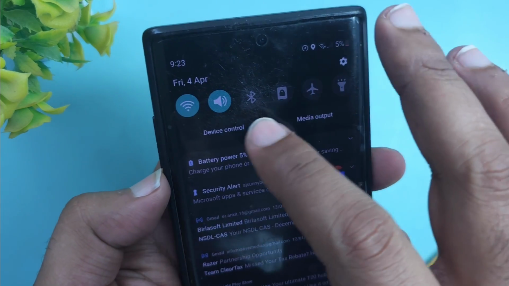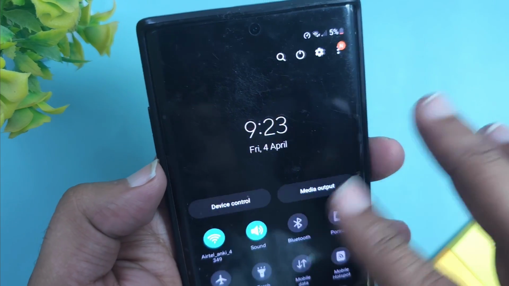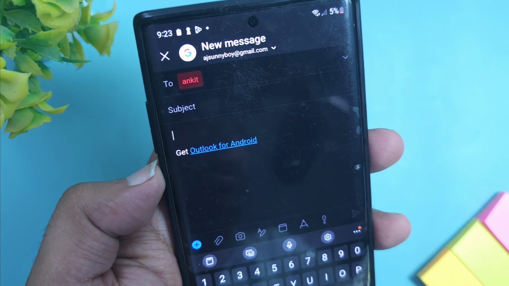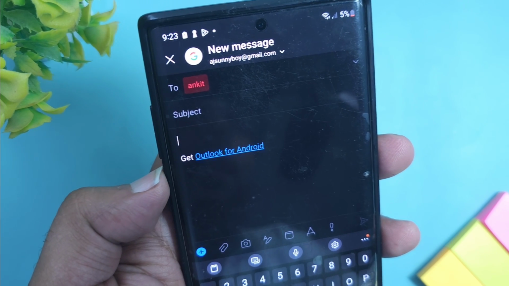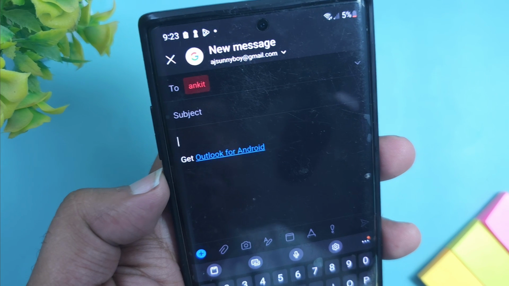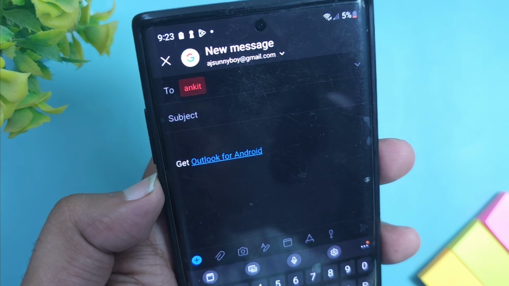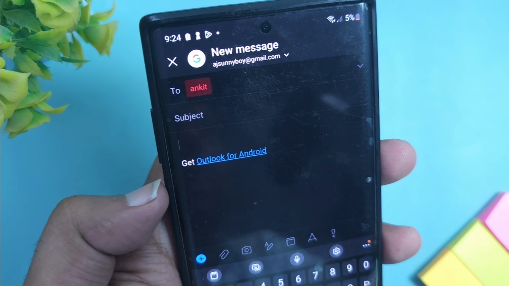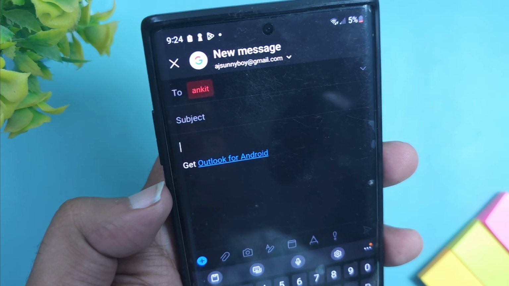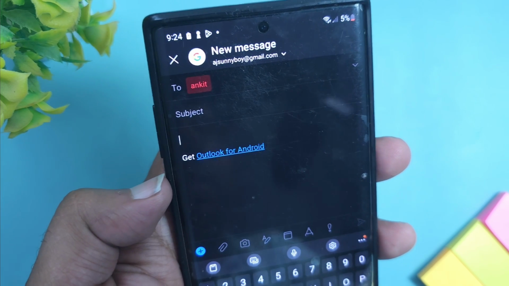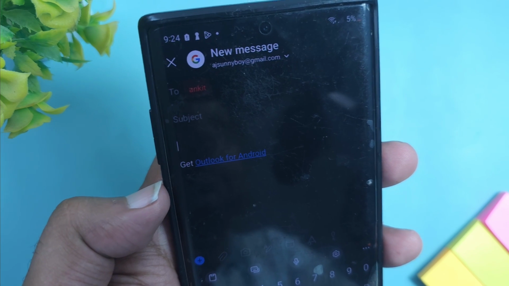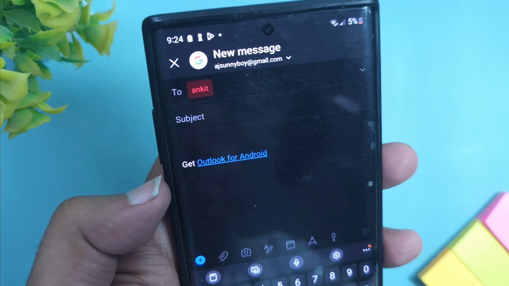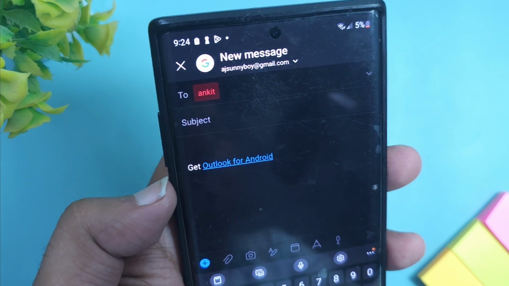Generally what happens is, whenever you reply to an email, there is one additional line that gets added to your mail, that is "Get Outlook for Android" at the end of the email. Okay, and this is a big problem for many of us, and you might be looking for a way through which you can probably disable this particular issue. Now this is a fairly simple ask and a fairly simple way to disable this particular line automatically.